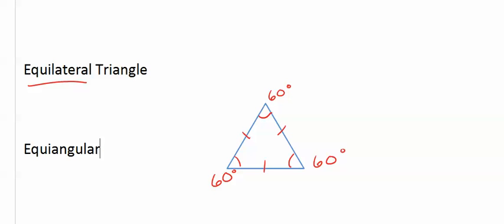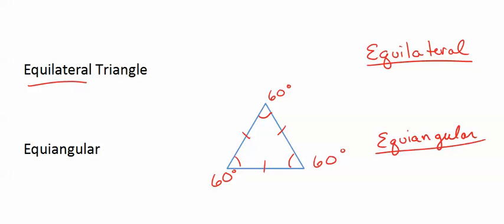A couple things to think about. Can an equilateral figure be equiangular? And vice versa, can an equiangular figure be equilateral? Consider a four-sided rhombus. We'll learn about the definition of a rhombus later, but a rhombus is a figure